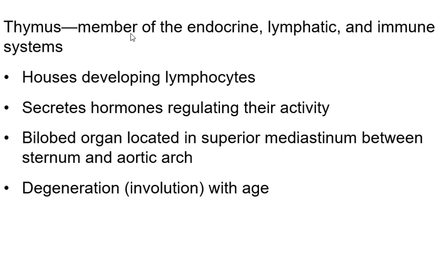The thymus is counted by several different systems: the lymphatic system, the immune system, and the endocrine system, because it makes a lot of hormones for us. There are developing lymphocytes there. So the T lymphocytes are the ones that grow up and mature in the thymus. And it's bilobed. It is between your sternum and your aortic arch,